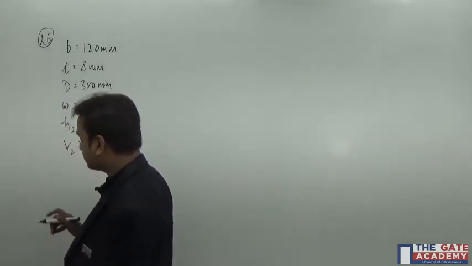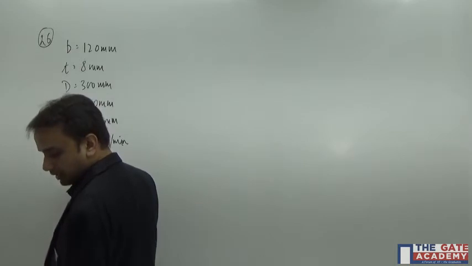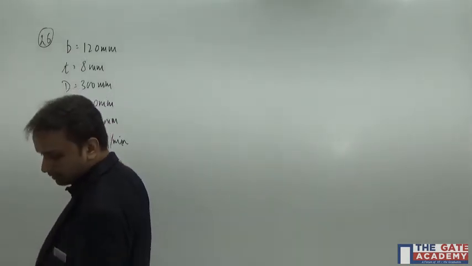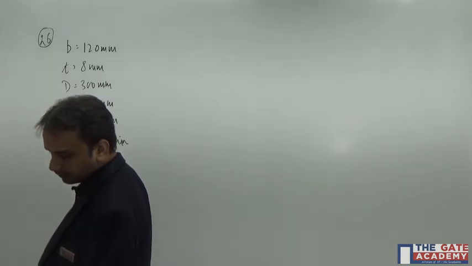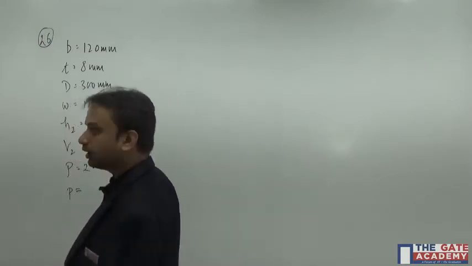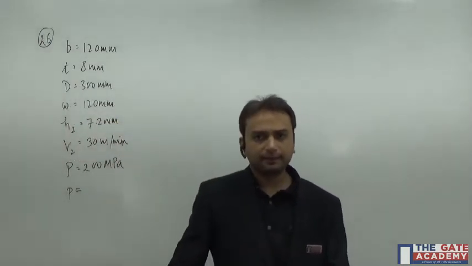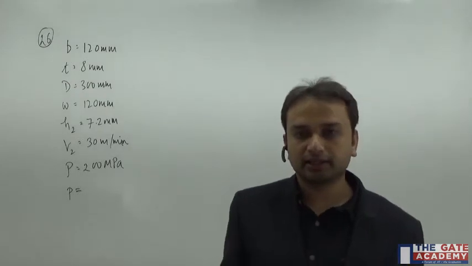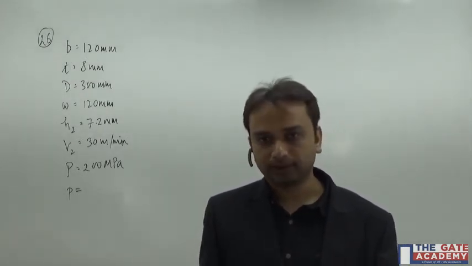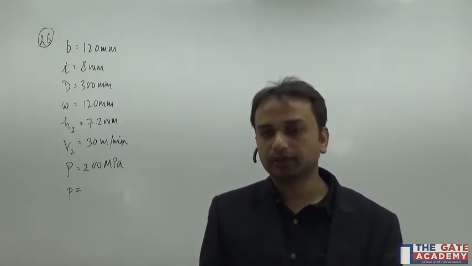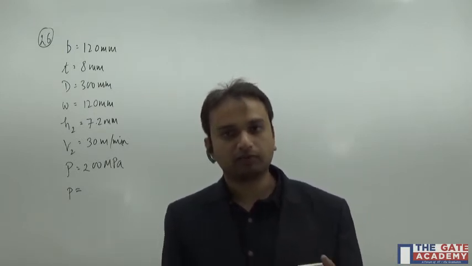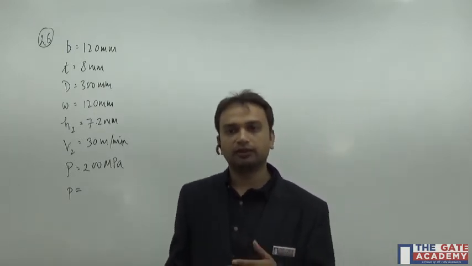Assuming uniform roll pressure, the roll pressure P is given to you as 200 MPa, okay, and you have to compute the power now, the power required. Now, how much is the power required? What is power actually? Power in rolling operation is given by 2 into tau into omega. What does 2 stand for? 2 stands for the power required for 2 rollers, right? So we have to multiply tau omega with 2.